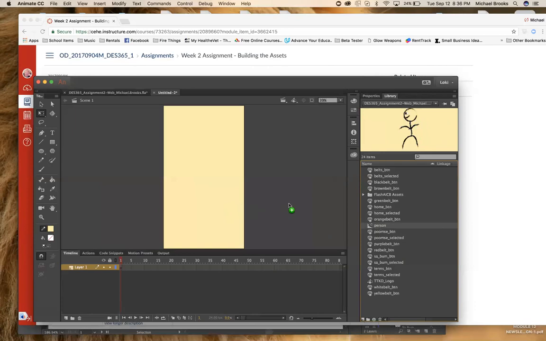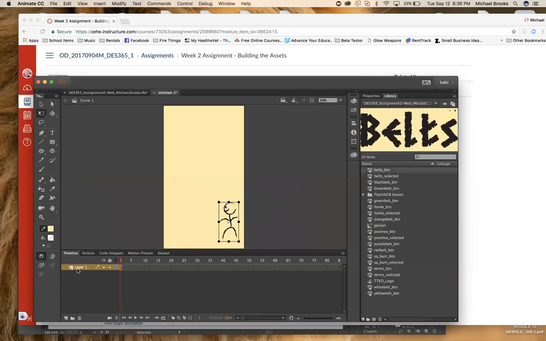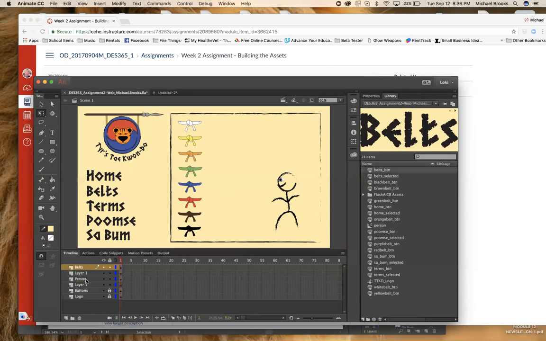Now my person, I'm going to bring this in. I'm going to put him right there. And the buttons, okay, so that's the person layer. I want the person layer up here. I'm going to put it in the same layers, okay? So belts, outline,